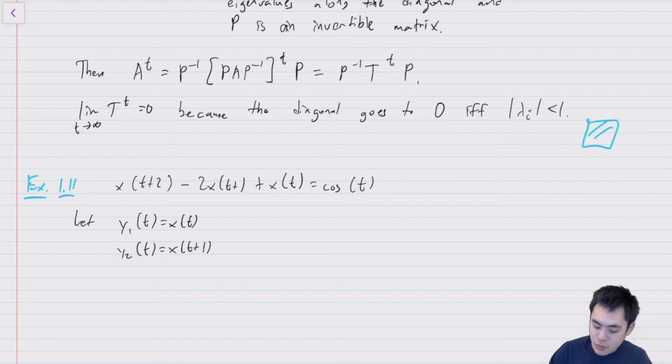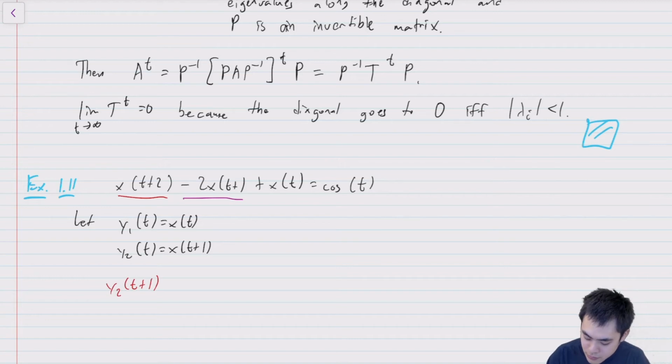Well then, this term here turns into y2 of t plus 1,